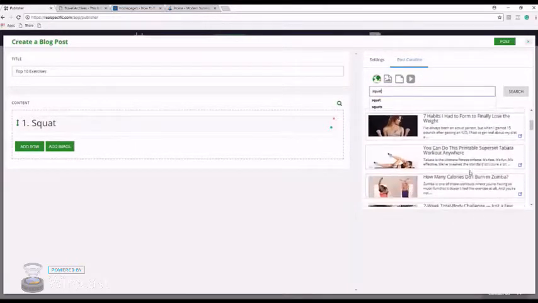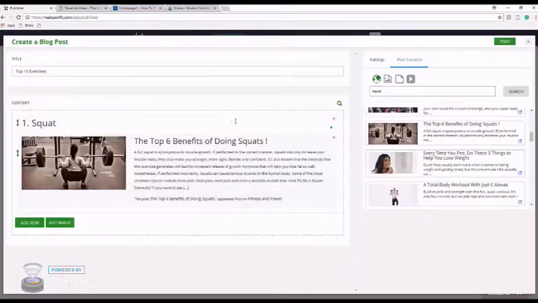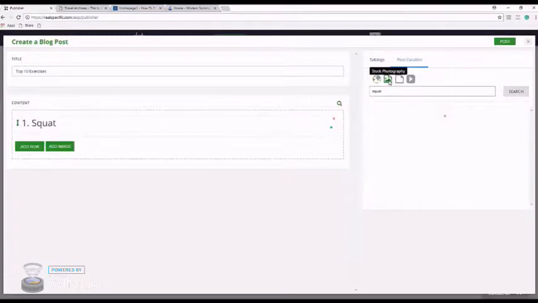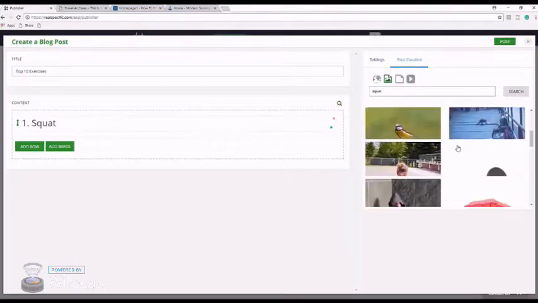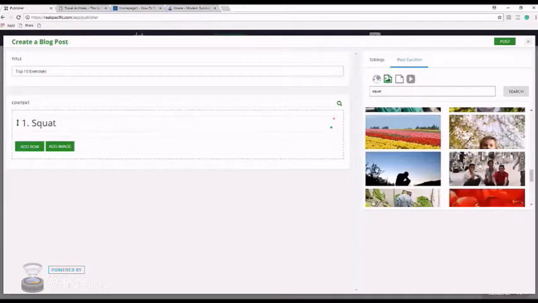All right, I can come through here. I can basically grab this content, drag and drop it in. Maybe I don't want to add this content, so I'll delete that and I'll go over to images. I'll come through here as this loads, and I will grab a cool image like this, and I could say,